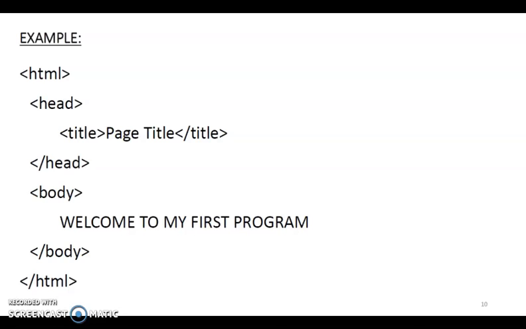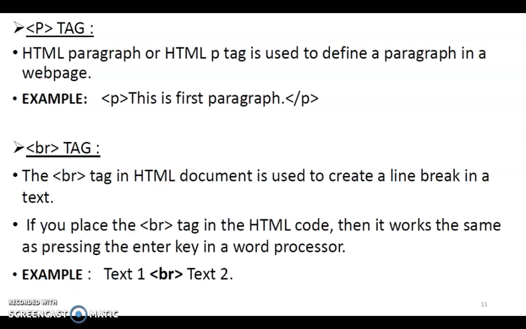So whenever I click on that file, the web page opens, which means the desired output is shown. So what is the output of this example? The title of the page is shown as the page title, and on the main screen you have the display welcome to my first program. That's it. It is a very simple program.